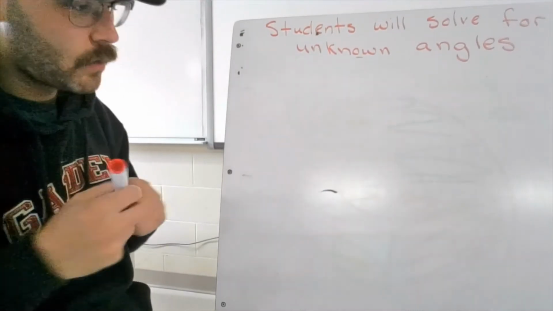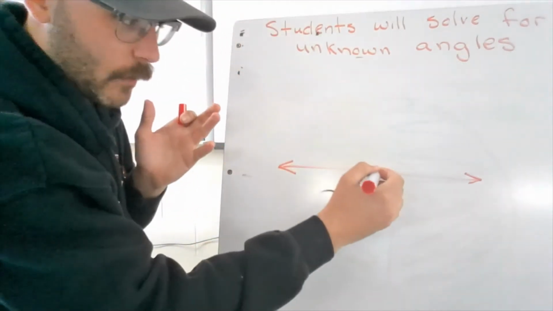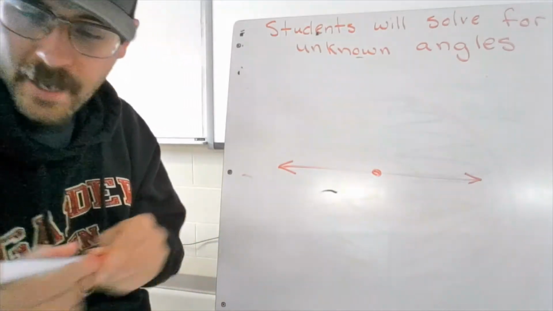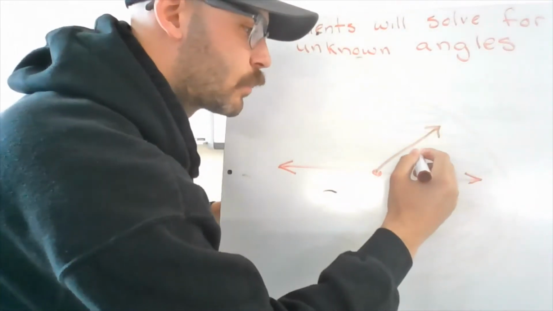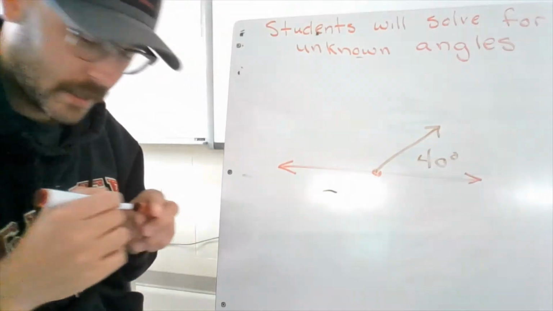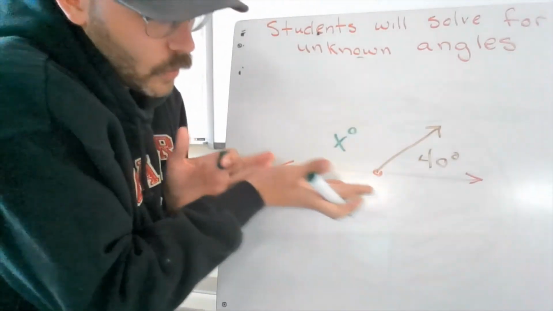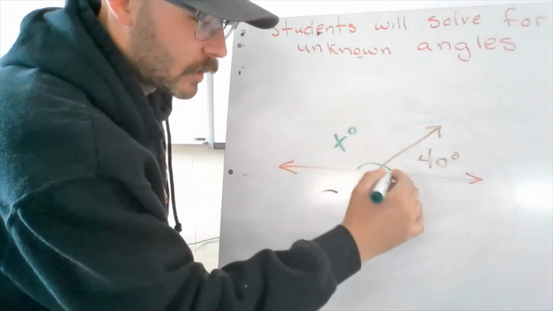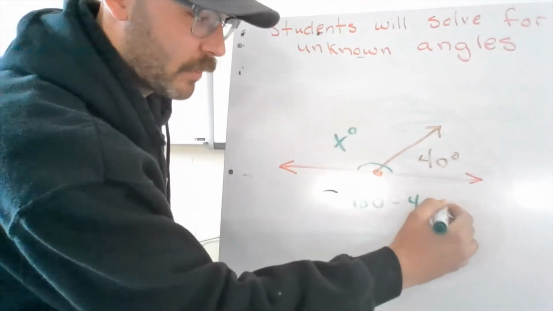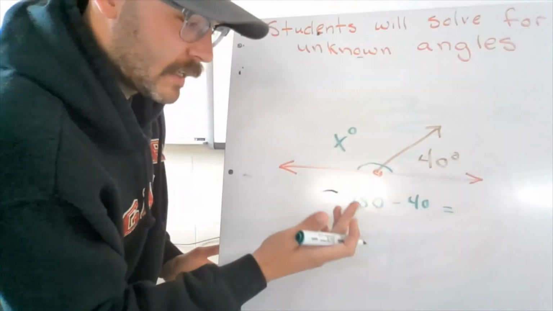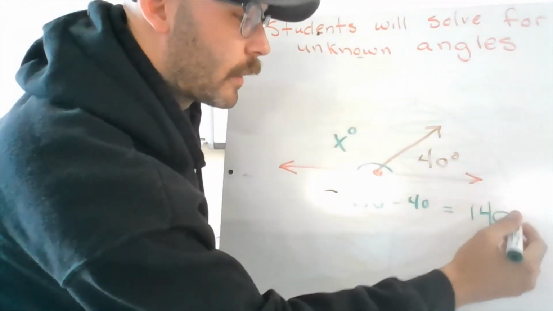Here we go. Solving for different types of angles can be challenging if you don't know that vocabulary, but now that we have the vocabulary, it should be a little easier. This is a straight angle. If I were to cut a piece off, and let's just say that that piece was 40 degrees, how big would X degrees be? I know that it was straight. That's 180 from here to here. That's what I started with. If I get rid of what I do know, 40 degrees, it'll leave me with 40 plus something gives me 180, or 180 minus 40 gives me,